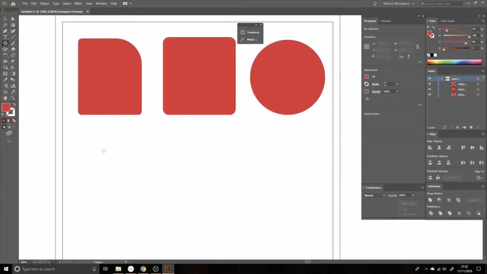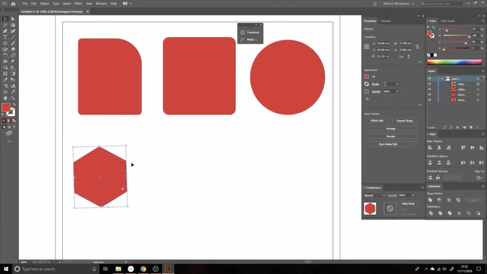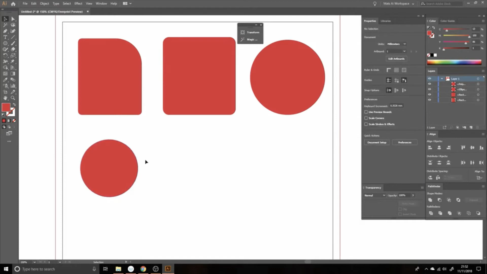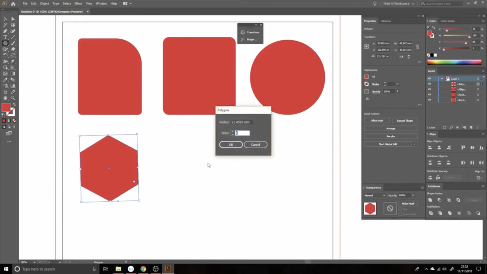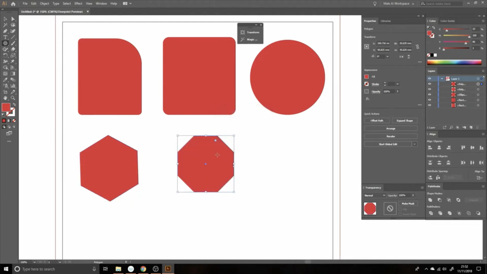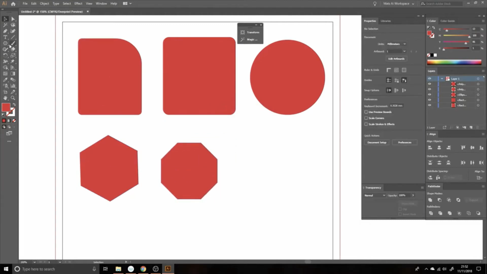So there's all sorts of Polygon Tools in here, so you can make that shape, change it in any way you want. This also has corners like that, so you can actually make this into a full circle if you wanted. So right now it's making me a 1, 2, 3, 4, 5, 6, so it's making me a hexagon. But if I wanted an octagon, you just click on your Polygon tool, double click, increase the amount of sides, and then you've got a polygon, and you can just keep going